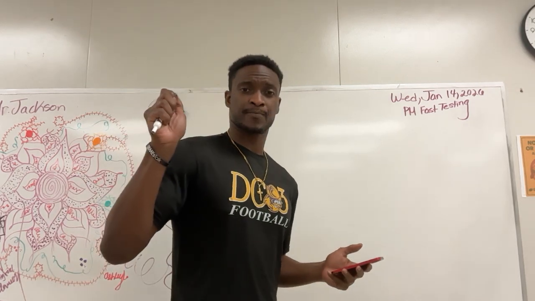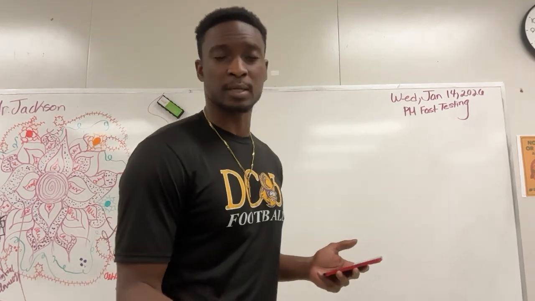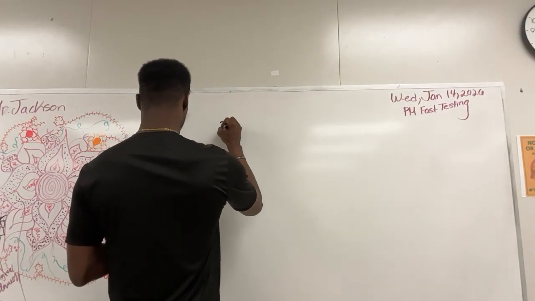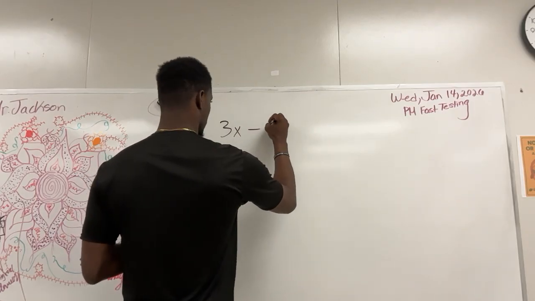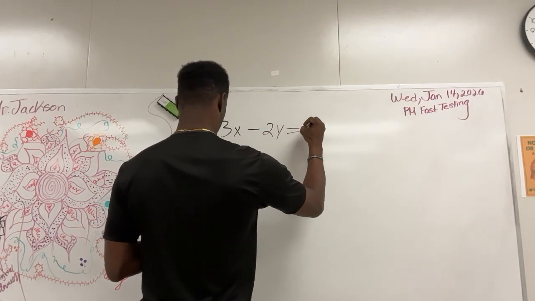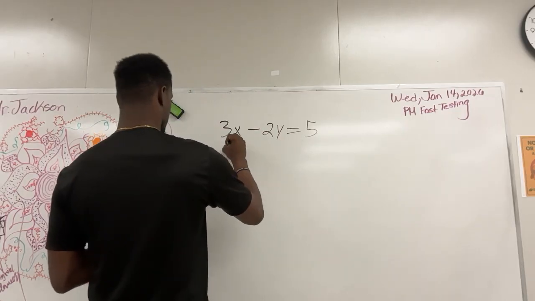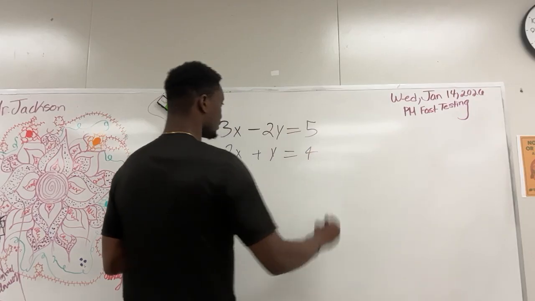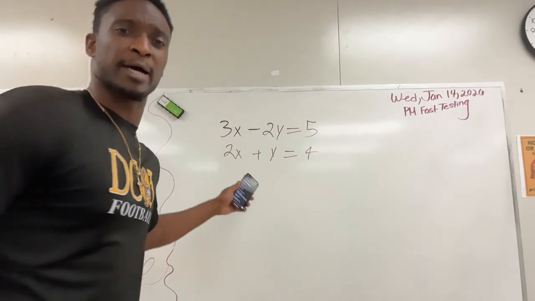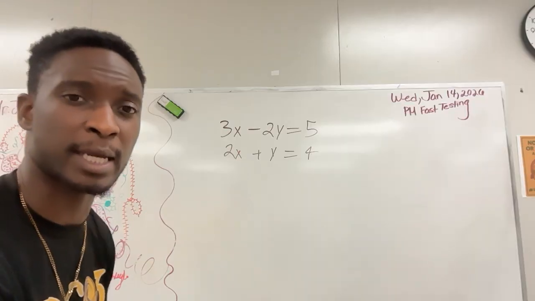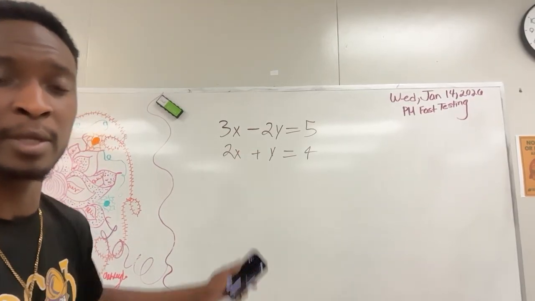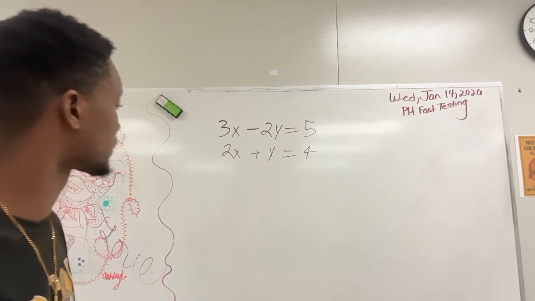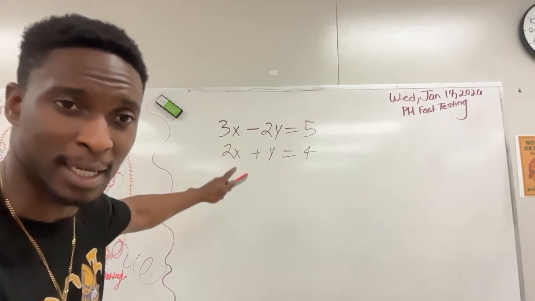Okay, so we're solving this new problem, and it's going to be eclectic. This is an eclectic method. We've got 3x minus 2y equals 5, and 2x plus y equals 4. So to solve for this the eclectic way,